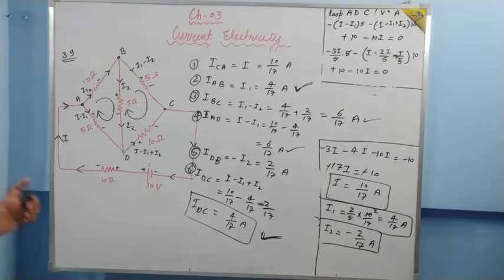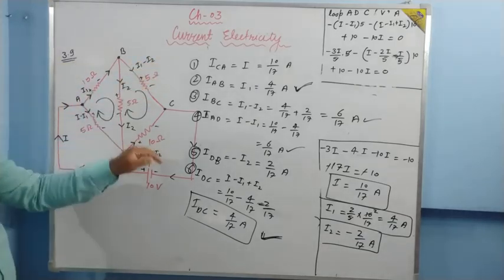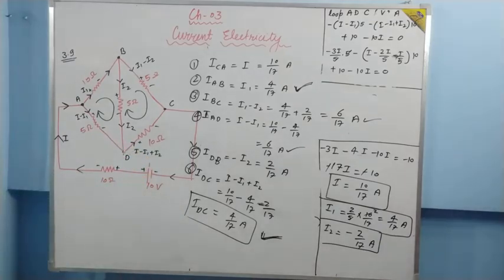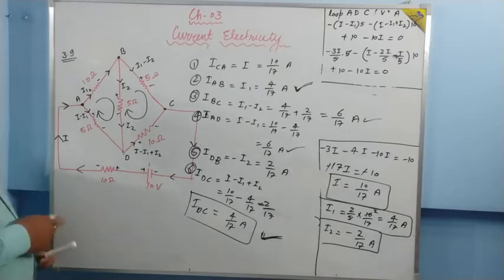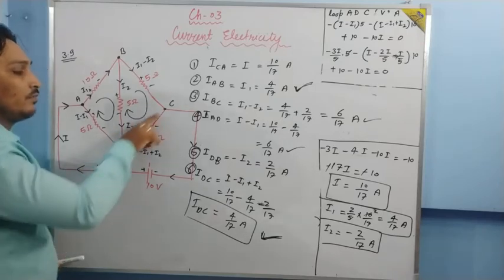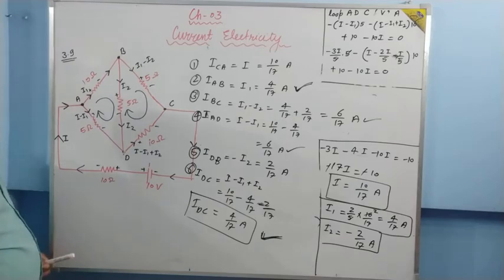So actually this is a special case, the unbalanced Wheatstone bridge, a special case of unbalance when the ratio is just reversed. Just see, 10:5, the ratio is 2:1. Here the ratio is 5:10, 1:2. The ratio is just reversed. So in the next question, whenever you solve, just apply: if this current is I1, then this current needs to be I1. If this current is I2, then this current needs to be I2. So it will save your time. Okay, so this is all about this question.